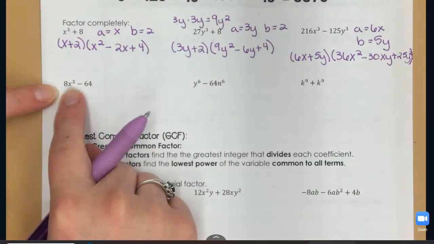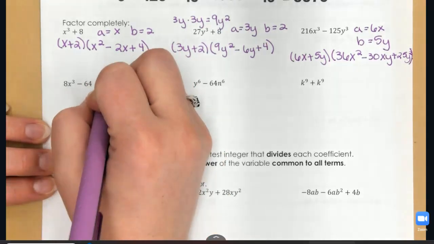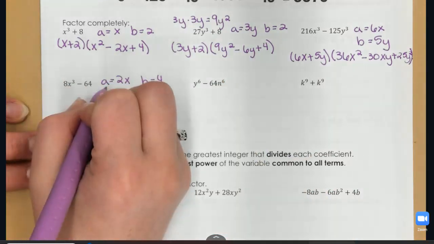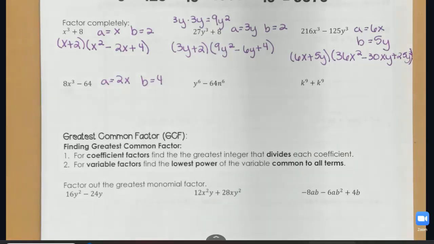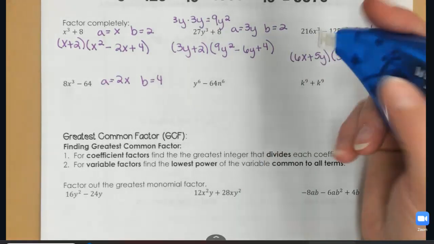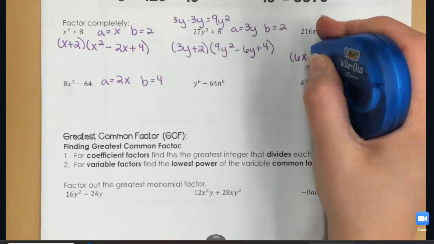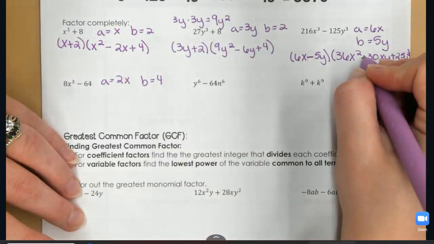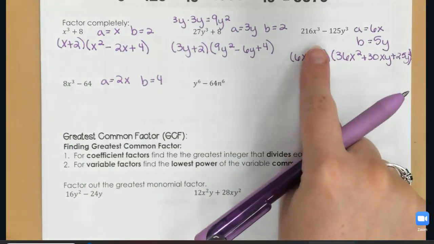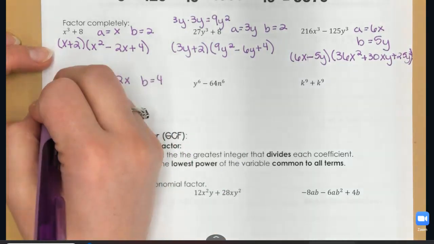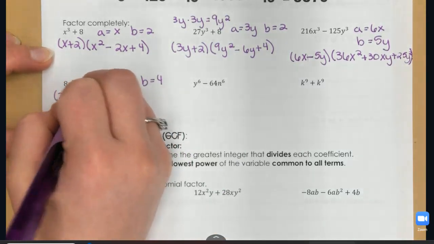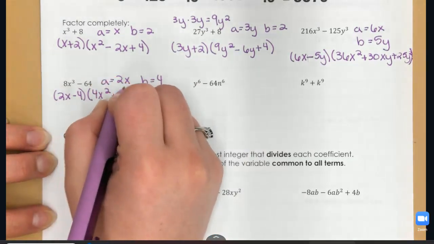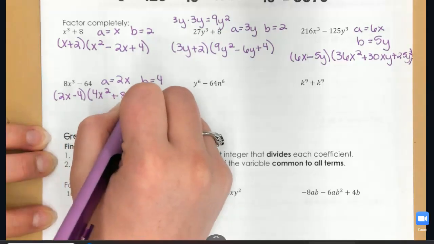I have 8x cubed minus 64, so a is going to be 2x, and b is 4. So this one is subtraction now. Oh, and I made a mistake on that previous one. I missed that it was subtraction, so I need to switch these two signs. This should be minus, and this one should be plus. My apologies. Minus, plus, plus when it is subtraction. So back to difference here. 2x minus 4 times, if I square 2x, that gives me 4x squared, plus 2x times 4 is 8x, plus